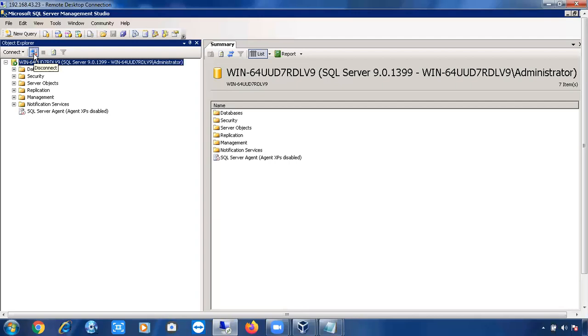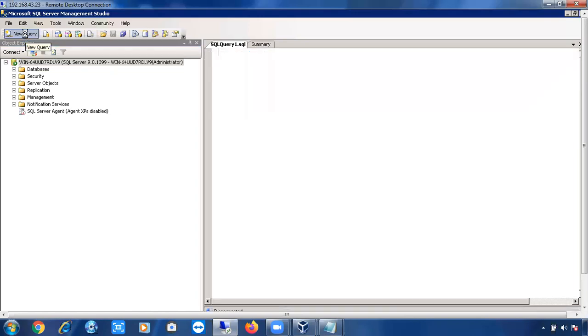Now I want to write some queries. Management studio is used for writing queries, creating objects, everything. Our 90% work will be in the management studio only. So how will I write queries, what are the shortcuts? Let me open a query window. How to open a query window? You can click on this new query button, that is one way. You can also use Control plus N, N means new. Control plus N will give you a new query window.